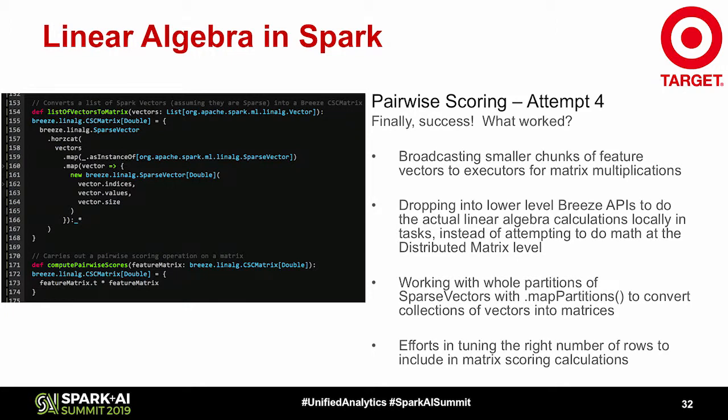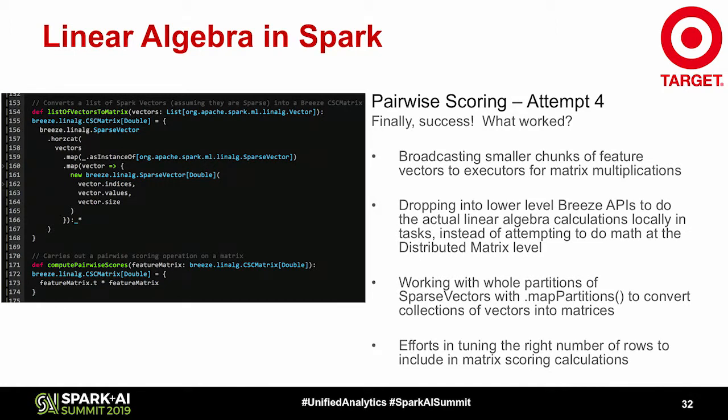So just to reiterate, what worked for me was wrapping these vectors in a data set and then managing the partitioning of how many vectors I wanted to work on at once. And then also broadcasting that same data set of vectors in smaller chunks. So the idea was to do smaller chunks. I was actually able to get away with shipping out the whole thing because it was so sparse, and then keeping track of the indices when I got to the executor level in tasks.